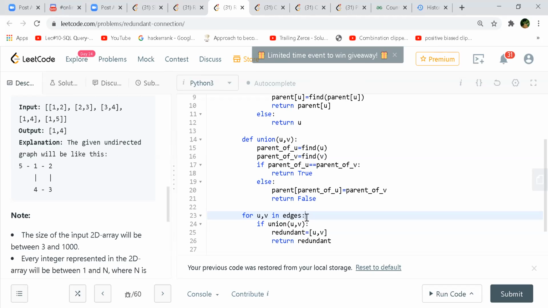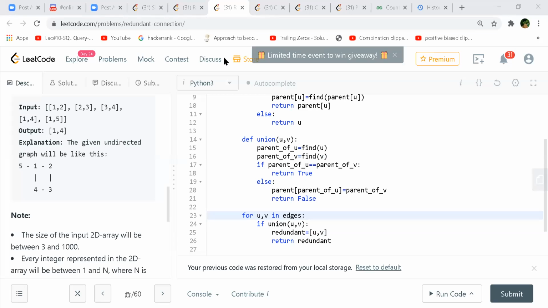This is like the reverse of a bridge, right? In the first example, reverse of a bridge. See, in example 2, 1 to 5 is a bridge, right? But it's not the output. Output is 1 to 4 because we want to break the cycle. No, the thing is, you need to find which edges are not bridges and find the last edge in the sequence that is not a bridge.